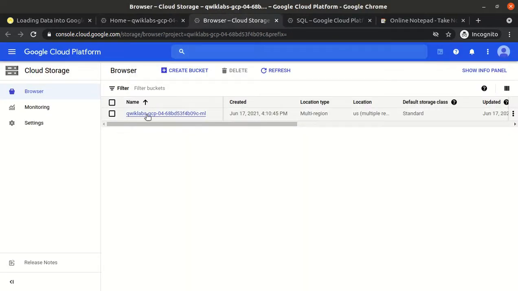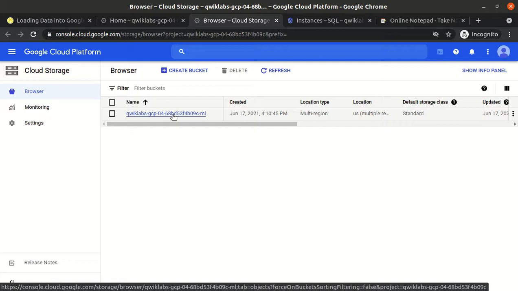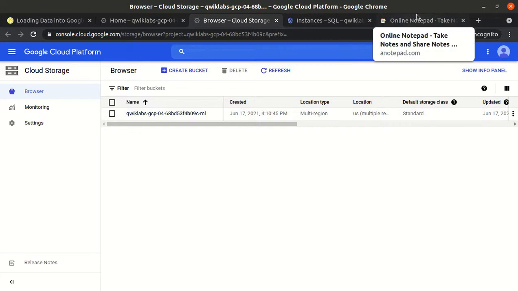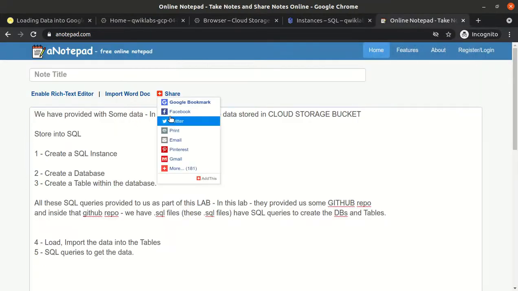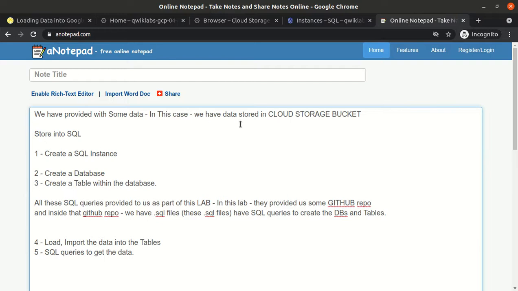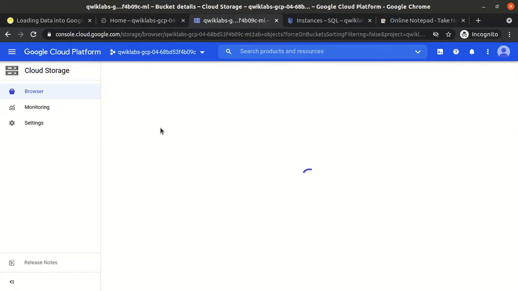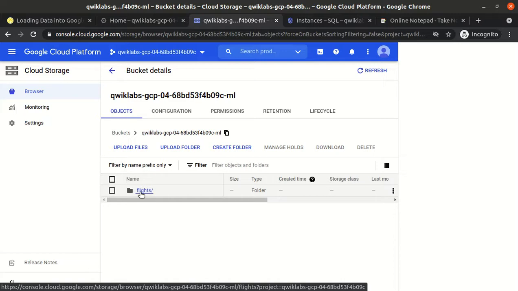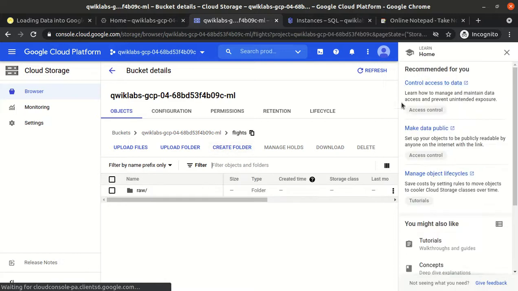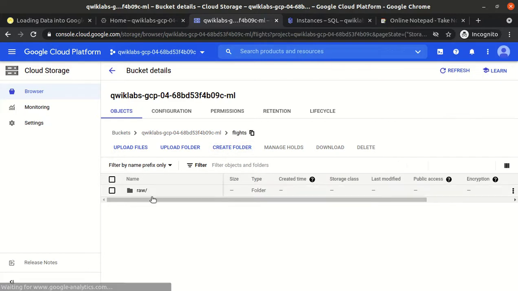See, one storage bucket is already available to us because, as I told you, we have some data given as part of this lab, and that data is in a cloud storage bucket. In that bucket we have a folder called flight, and inside it another folder called raw, and inside that raw folder we have some CSV files.